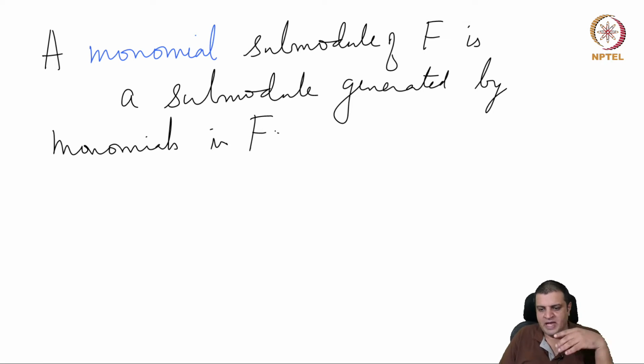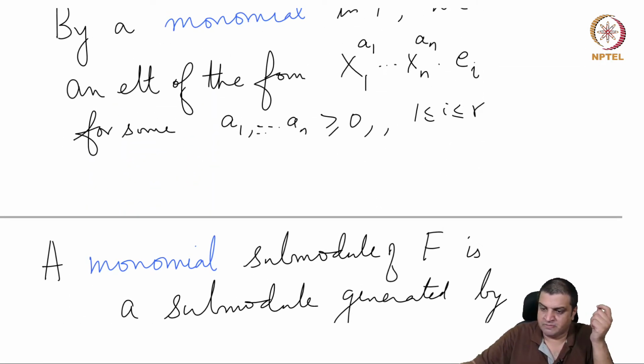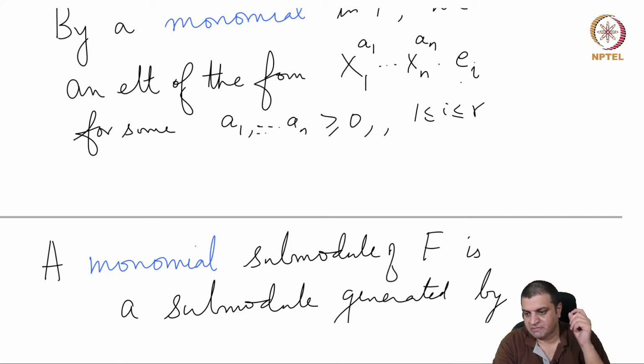Now, if we have a monomial submodule, then generators would be of this kind. Okay. Let's collect all the generators with a fixed e_i. Okay. If you multiply them by elements of R, we would get all R-linear combinations of these monomials. In other words, we will get a monomial ideal. Just the coefficient, if you just look at all elements in the monomial submodule, okay, which involves only one term, okay, e_i,